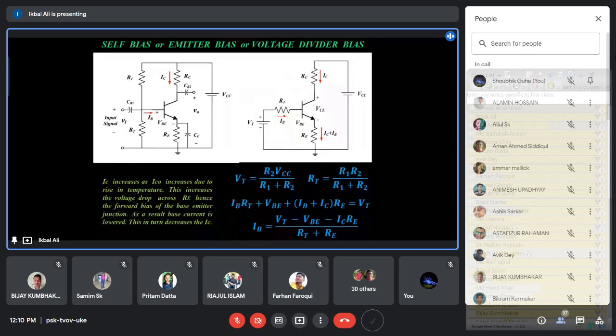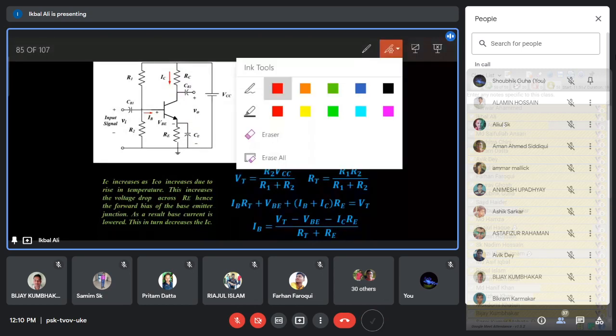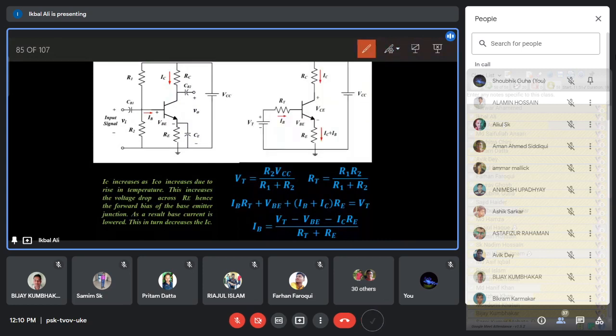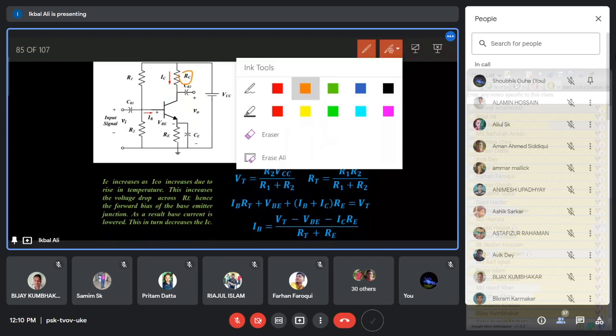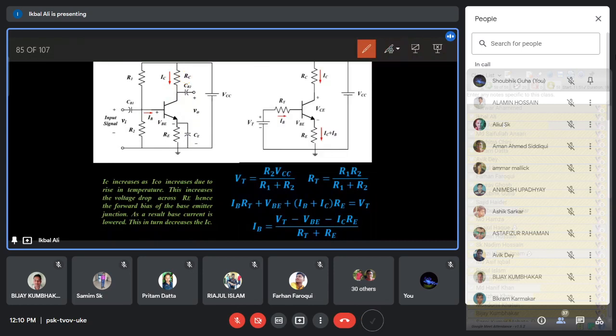Also, this RC resistance, you will see later, also determines the gain of the amplifier. Okay, the main purpose is the biasing. So these capacitors,